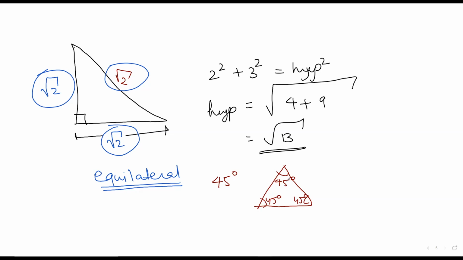Ma'am, it won't be equal to 180. It should be 180. Exactly. If it is not 180, a triangle cannot be formed. Ma'am, I was wrong. It is 60, not 45. Right. So this is 60 degrees. So in an equilateral triangle, all angles should be 60 degrees. But over here, we said, well, the triangle that we're starting with is a right angled triangle. So is it possible for all three of its sides to be the same? Are you getting my point?